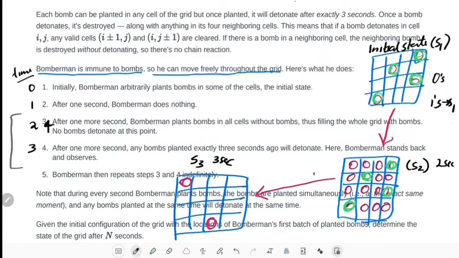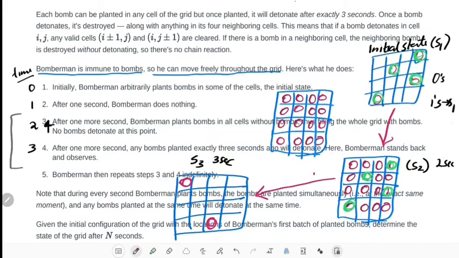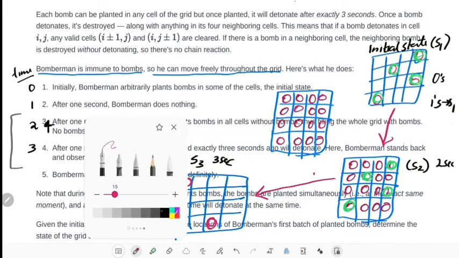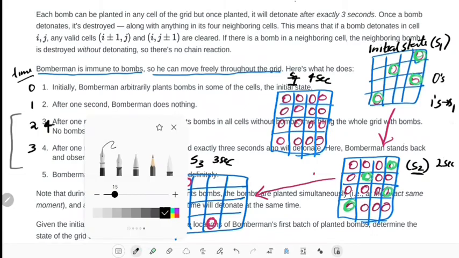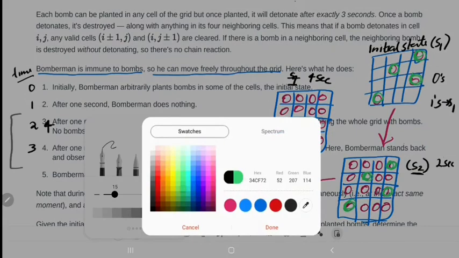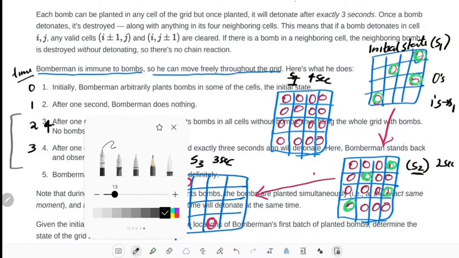Let me draw a new diagram. Okay, this will be state 4 at 4 seconds. And we can see that state 4 and state 2 will be the same, so we can use this, but let me show you like this for the next state.